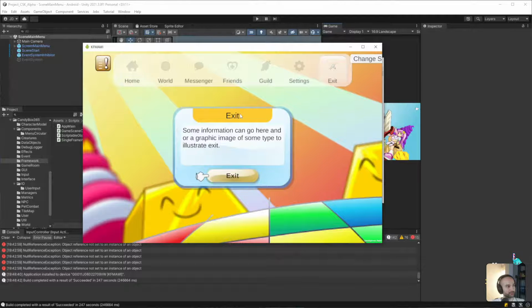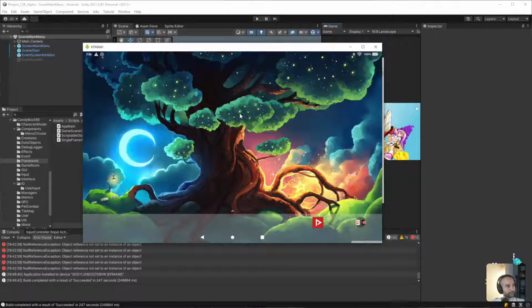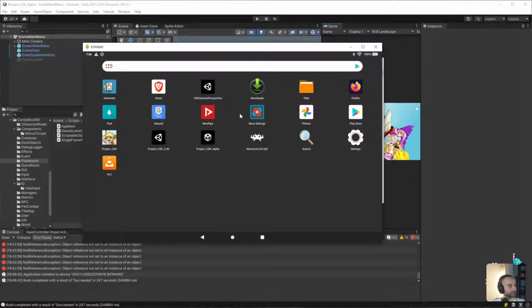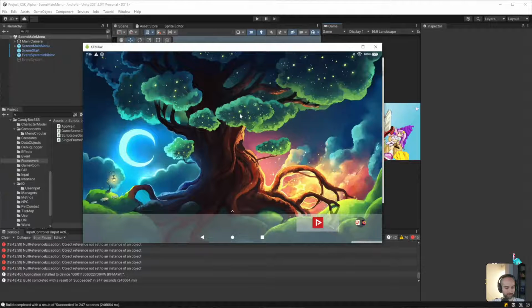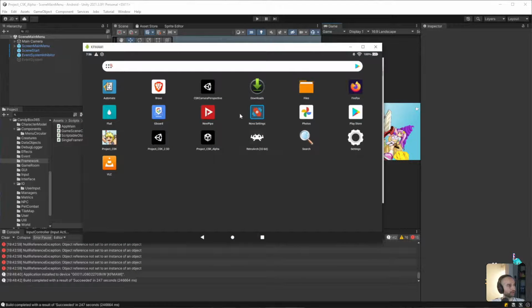And then if we exit, yep, that works really well. And then if we want to go back to it, wait, where's my focus? That's kind of strange.